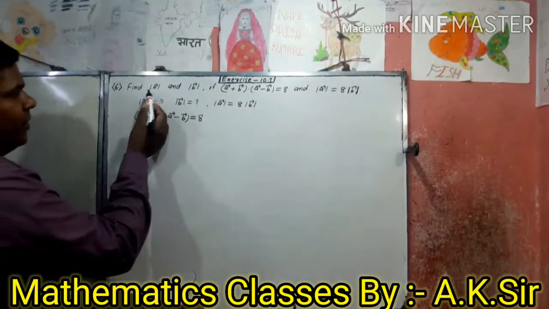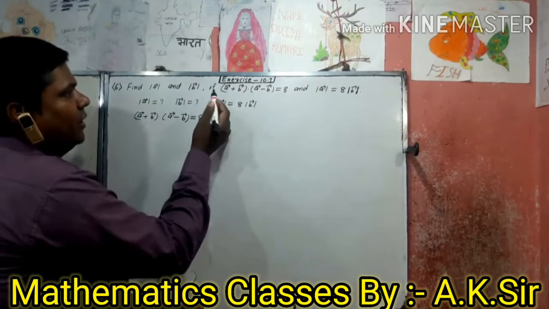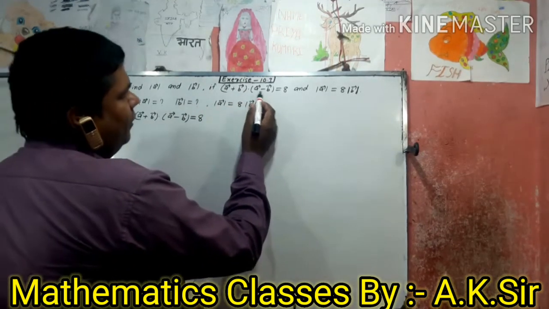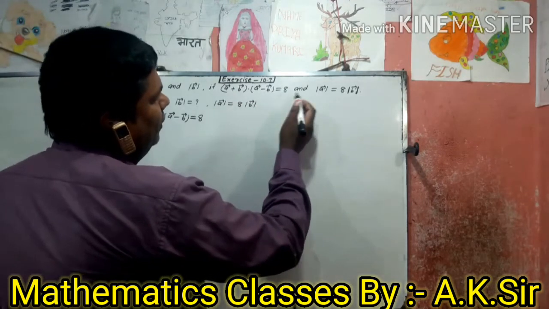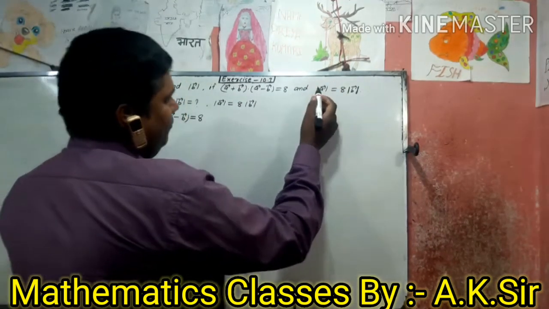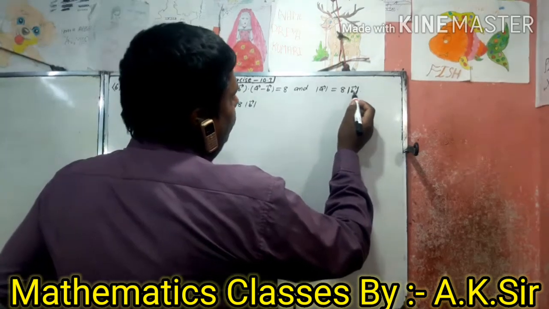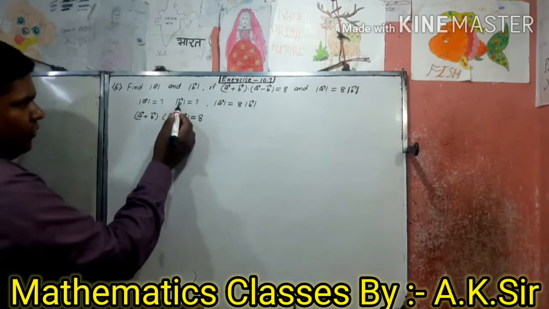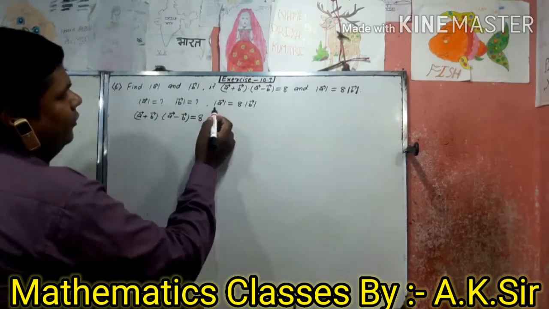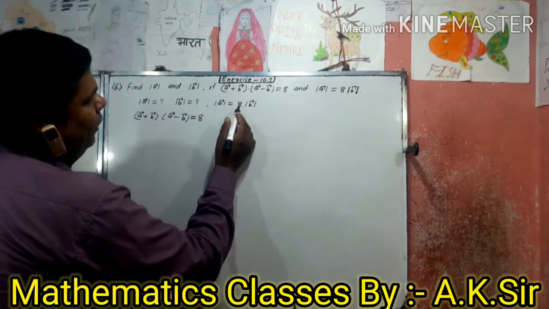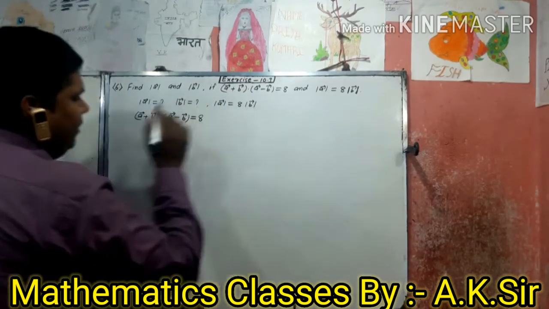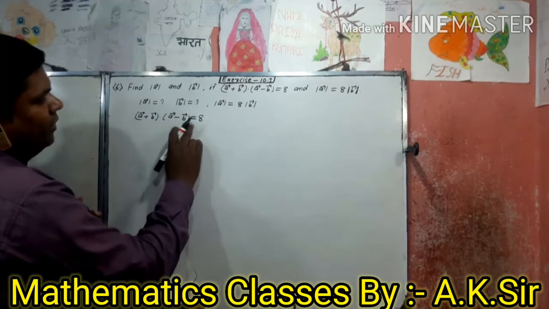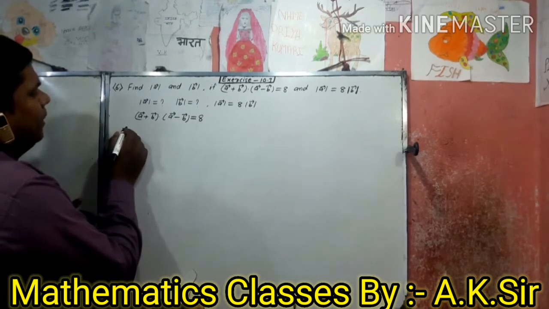Sixth number, find magnitude of a vector and magnitude of b vector if a vector plus b vector dot a vector minus b vector is equal to 8, and also given magnitude of a vector is equal to 8 multiply magnitude of b vector. Given a vector plus b vector dot a vector minus b vector is equal to 8, implies that